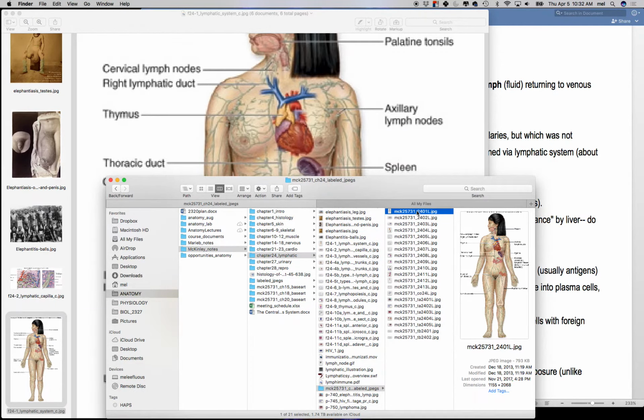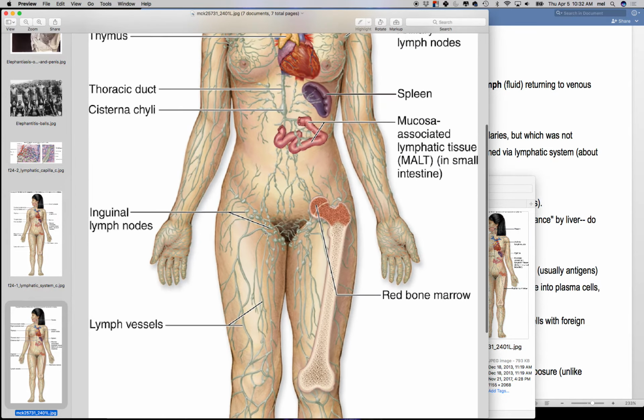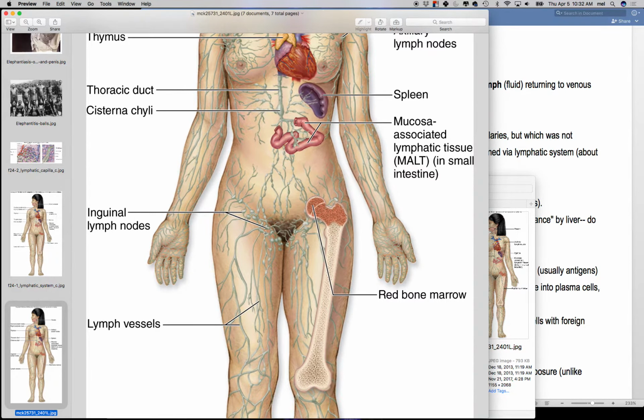There's the one that's higher resolution. Okay, so this one's higher resolution. Okay, so what you have is a system of low pressure tubes, and they're running relatively parallel to your veins,